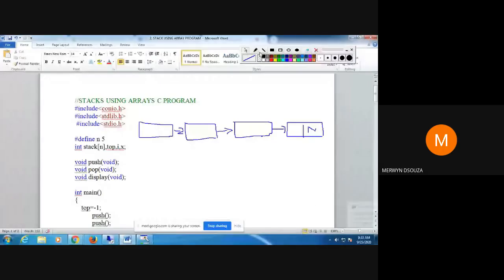So suppose you had a linked list like this. Okay. And say this was the data. Say you start numbering the nodes from here. So this was the first node, second node, third node, and fourth node.